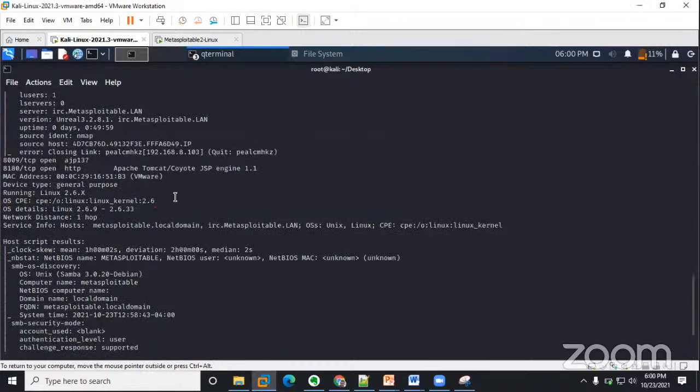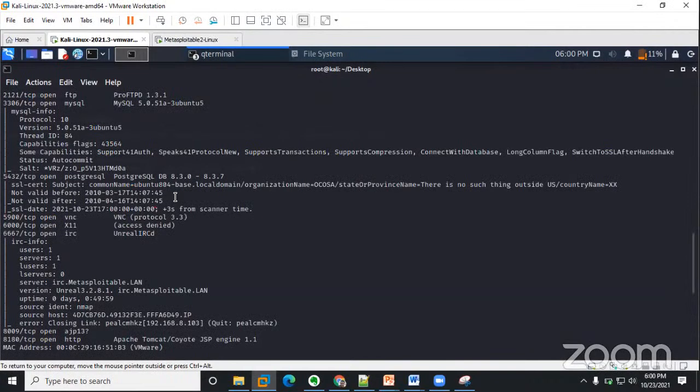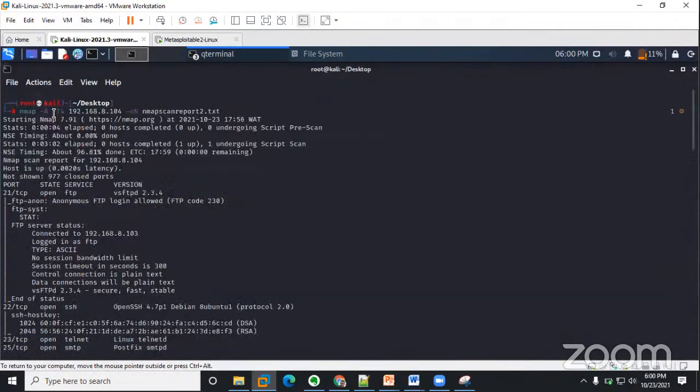Okay, so you can see, do you see that this is more elaborate than the one we used? Because now we are using -A, right, to do an